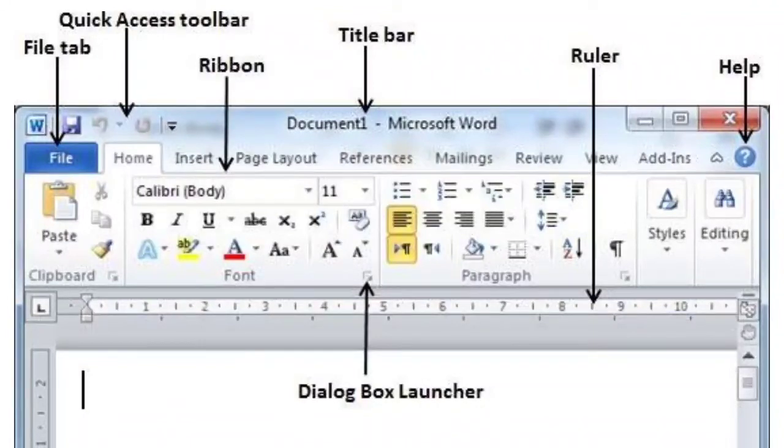At the ribbon you can get many groups and options, and at the right side corner a question mark is showing, which is the help button and will help you when you have any problem in working with MS Word. Below that, one scale is there, known as ruler. There are two types of ruler, horizontal ruler and vertical ruler.